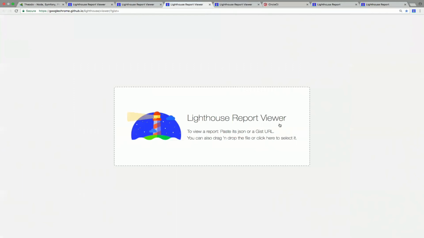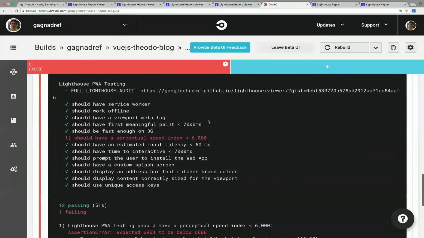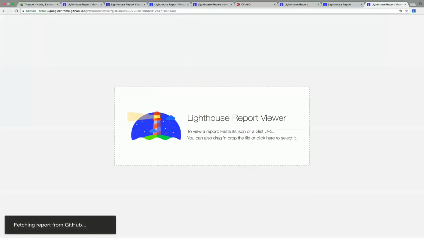What I like to do when I'm running the tests with Mocha or with something else is saving the report as a gist on GitHub, and then I can provide a URL so I can see the full report, which I think is very interesting if you want to debug a failing test. So for example, if you look at this test on the CI that is failing, you can just get this URL because I saved the report, and I will get a 404.